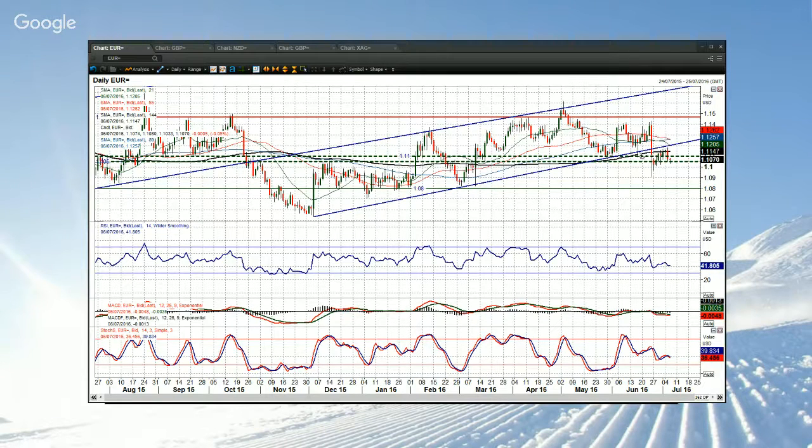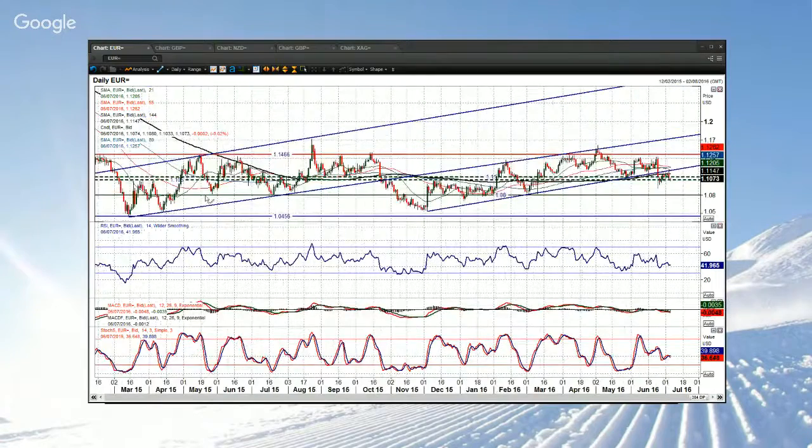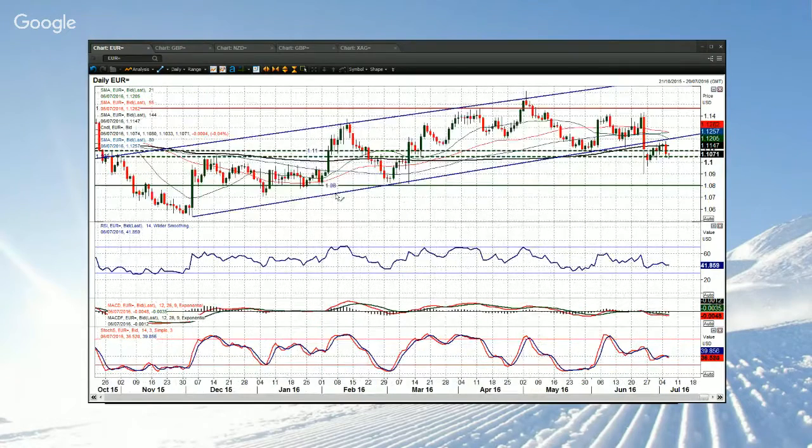The top neckline is breaking down. Even if you measured from 114 down to the 111 figure, that's 300 ticks measured down from 111. That's 108, and 108 is a big long-term floor on euro dollar. So I think there is the prospect of further weakness in euro dollar, and having broken this uptrend, that now becomes the basis of resistance, as it did yesterday.